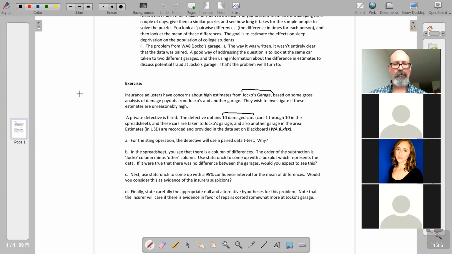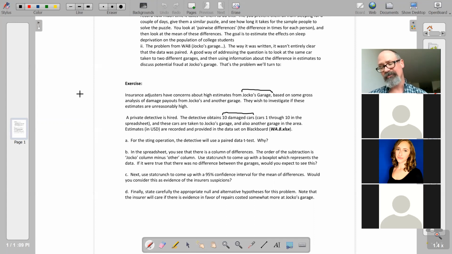So like in this example, you're looking at differentials, some supposed differential in what one particular garage estimates for repairs for a car versus some other generic garage thinks is a reasonable estimate. And so the question is, the garage that the insurer uses, this Jocko's garage, are you seeing estimates there which are systematically higher? So in order to try to figure this out, what we're going to do is take, let's